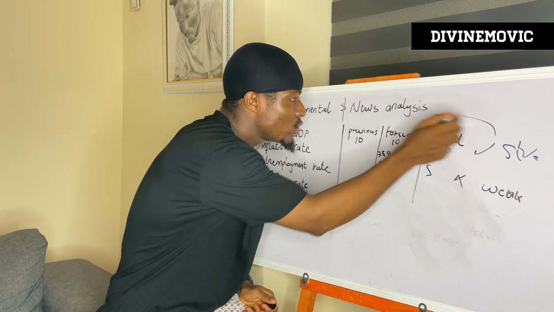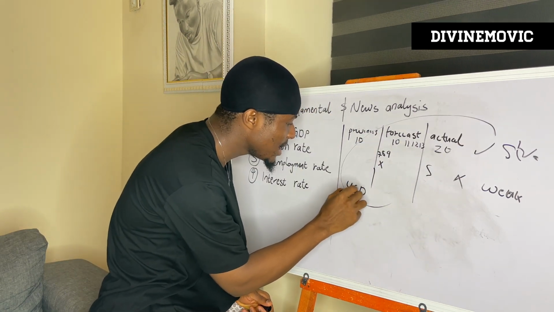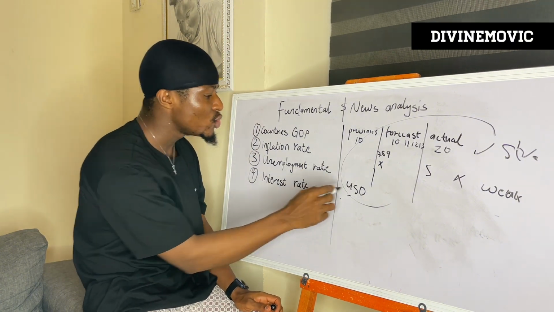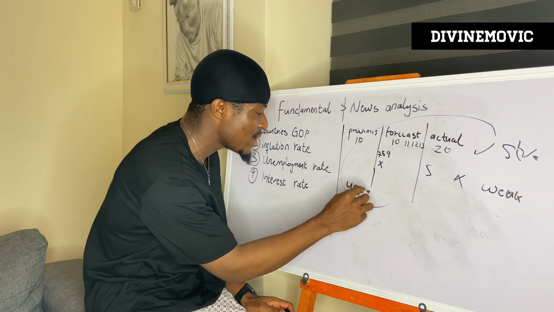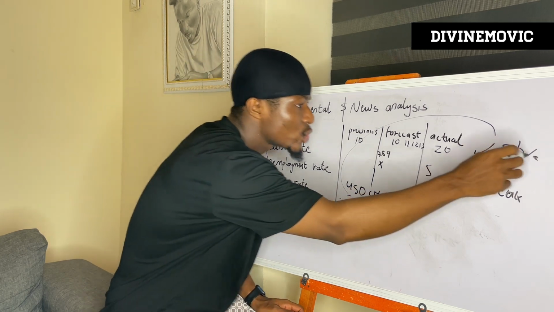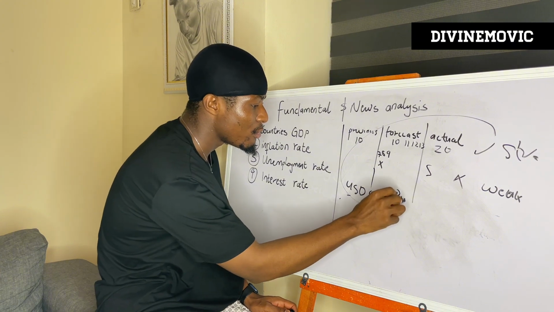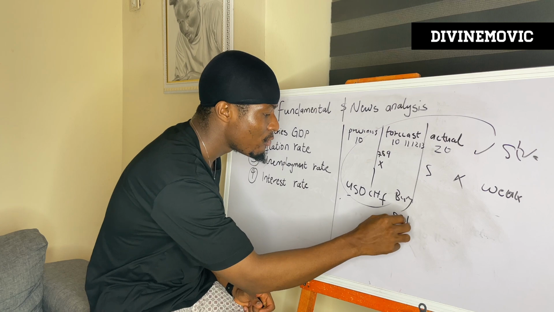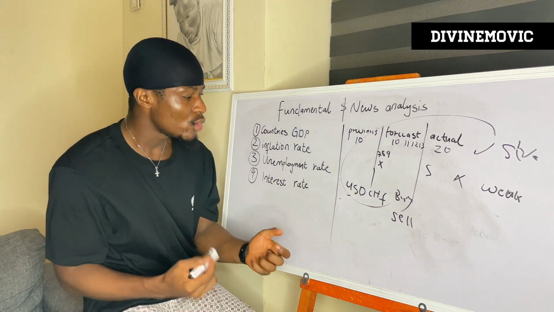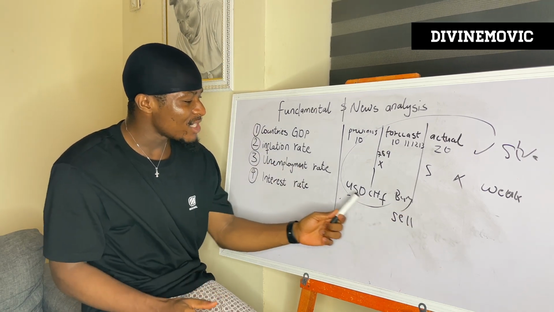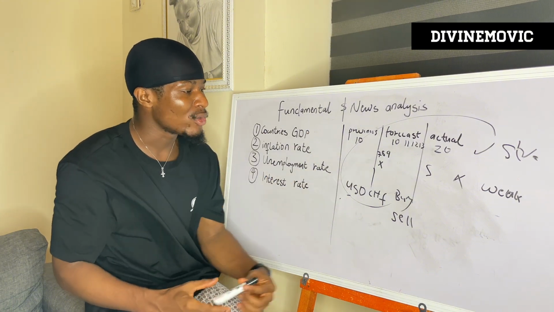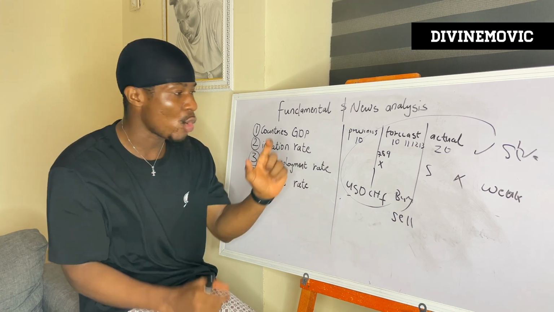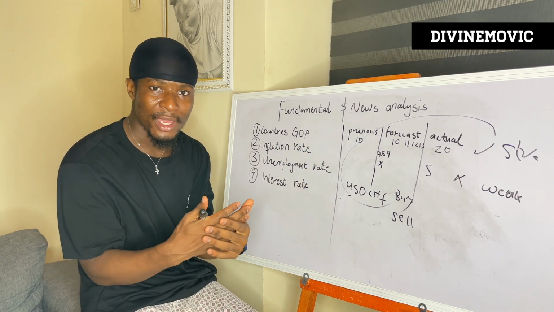Now, if this report is based on the USD, every currency pair that is attached to USD is going to be affected. Let me say USD CHF. If the news is strong, it's going to be a buy for USD CHF. But if the news is weak, it's going to be a sell for USD CHF. So basically, if USD is attached to any currency and this news comes out, it's likely going to have a very high impact on that currency or on that currency pair. I hope this is clear.